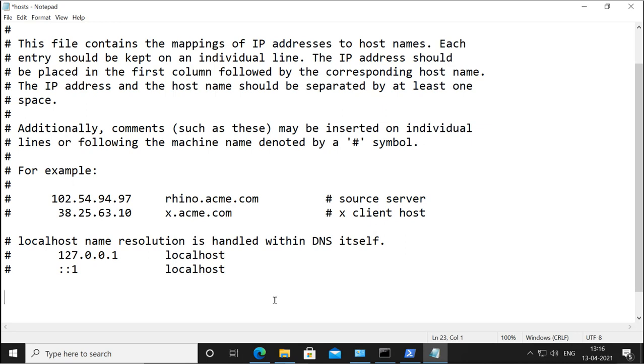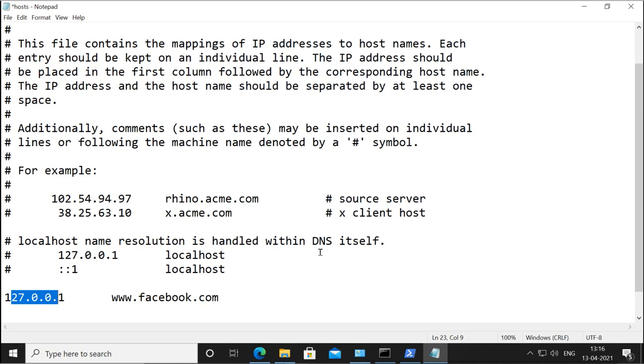For example, if I say 127.0.0.1 is the IP and the name of the site is www.facebook.com, it is not that important a site, but again I'm just giving you an example. Now 127 is the loopback IP. Loopback IP means it will loop inside your system, it will not go outside.